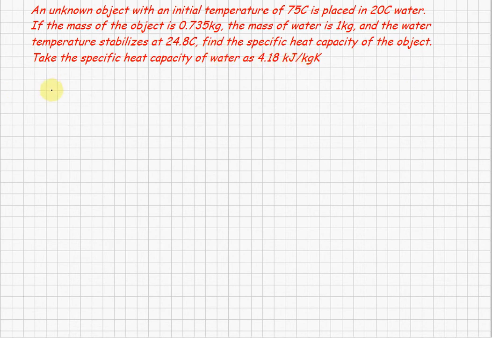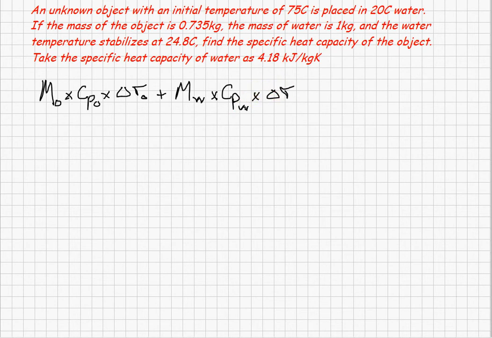So let's go back to that basic calculation that we had before. It's the mass of the object times the specific heat capacity of the object times the delta T of the object plus the mass of the water times the specific heat capacity of the water times the delta T of the water is equal to zero. So let's plug in a few numbers and see what this looks like. So this becomes